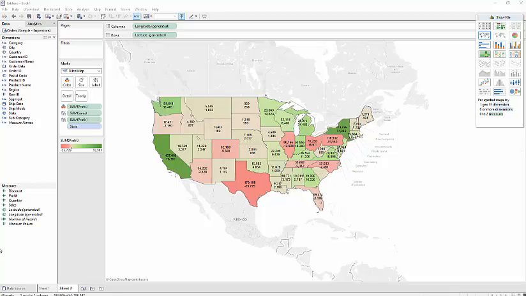So starting in the next section, we will quickly talk about connecting data to Tableau and how to quickly visualize in Tableau. Thank you and have a nice